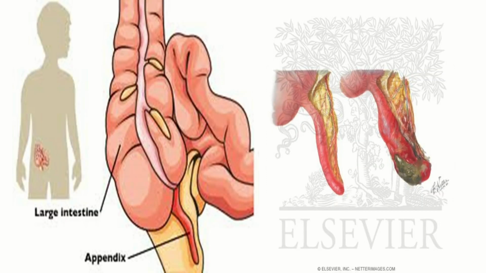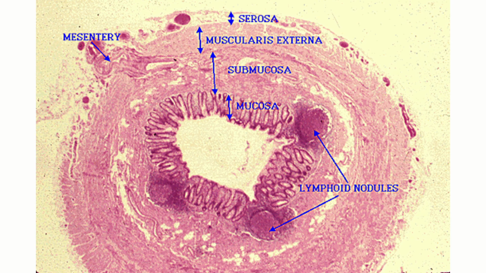Now we'll start with acute appendicitis. So as you all know, appendix is a vestigial organ. It is around 5 to 7 centimeters in size, and it is situated at the right iliac fossa at the ileocecal junction. Why is it called a vestigial organ? Because as such we don't know the proper function of the appendix.